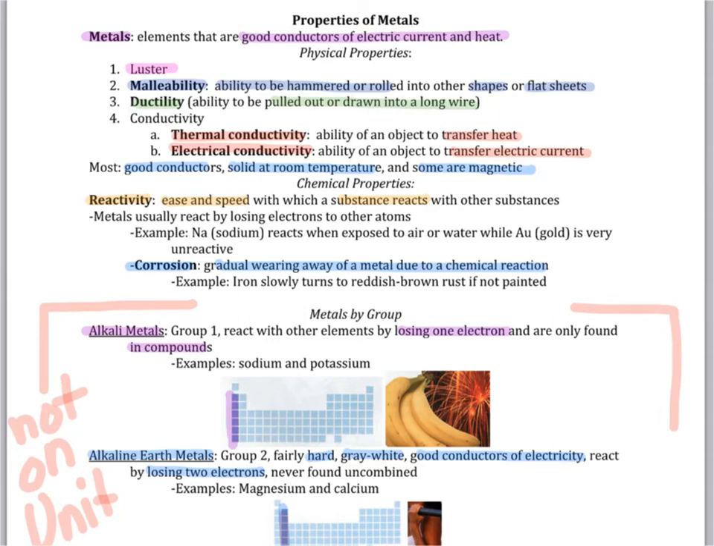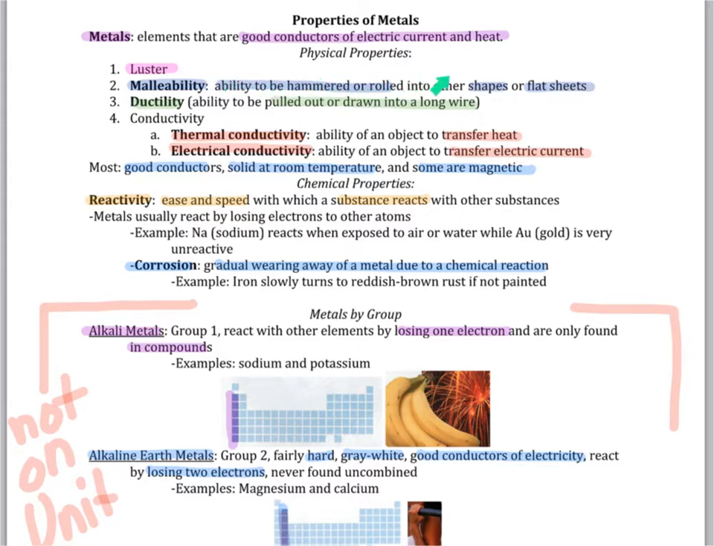We are now going to discuss some of the properties that are specific to metals. Metals are elements that are good conductors of electric current and heat. And metals have some specific physical properties, which include luster, how much it shines, malleability, the ability of a metal